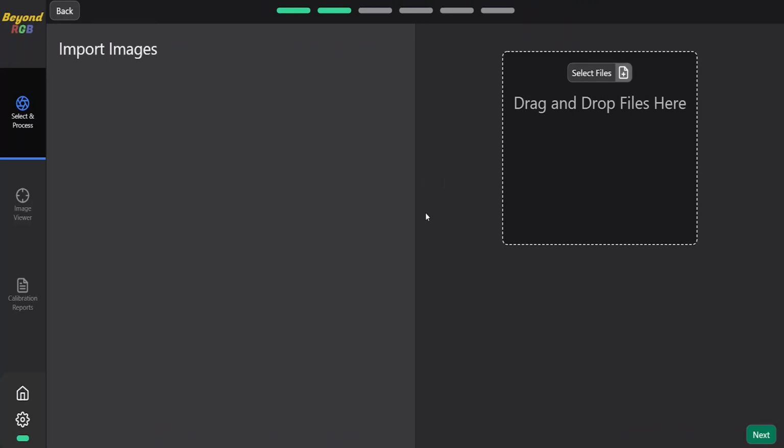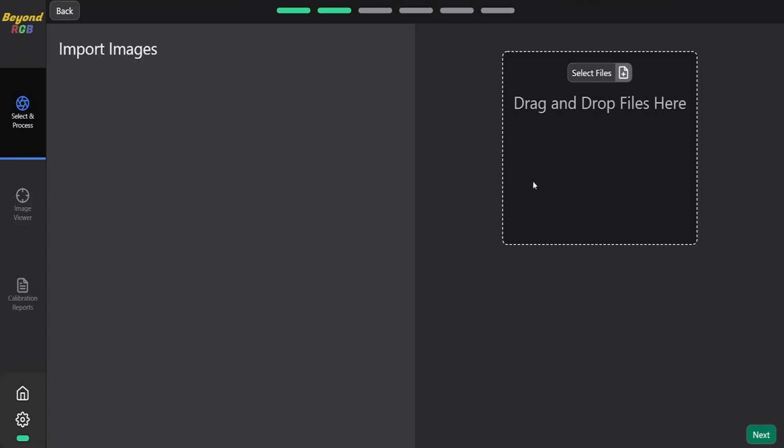To start, you should verify that the icon in the bottom left corner of the screen is green. If it is red, then that may mean there is an issue, and I suggest closing the app and waiting for a few seconds before you try again. With that verified, you can now move on to uploading your images.